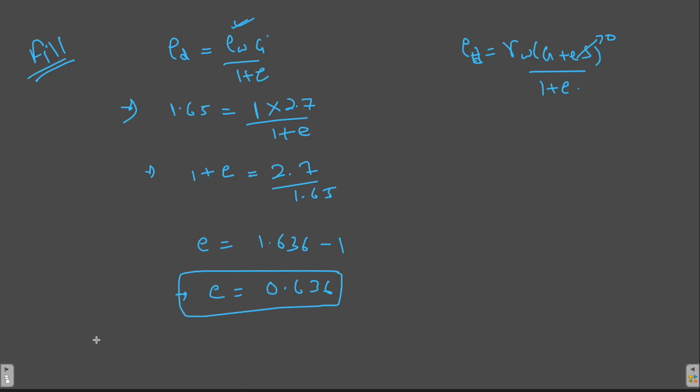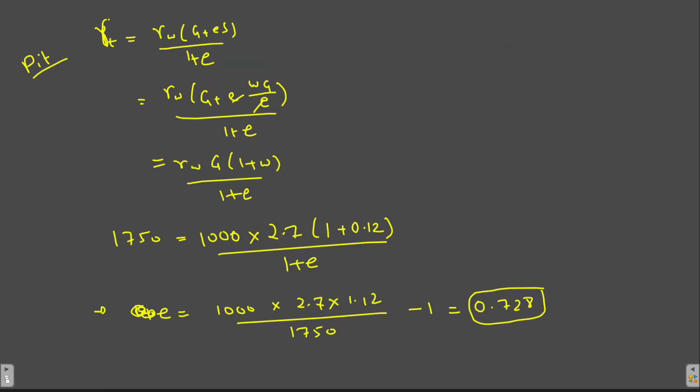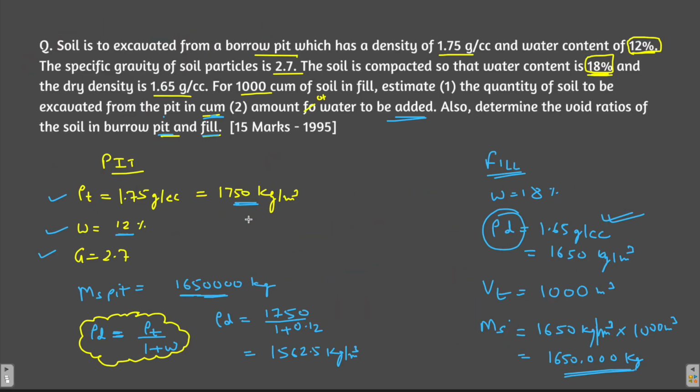Now the key takeaways from this question: whenever we are taking this unit in gram per cc, water should be in gram per cc. You cannot change the units. Okay, if you are taking it in kg, like in the previous question, what I have done, I have taken it in kg per meter cube. So I am taking the density of water in kg per meter cube. Okay, and the most important point in the pit and the fill problem is that the volume of the solids remains constant and the mass of the solids remains constant of the soil. So this is the major takeaway from this question.